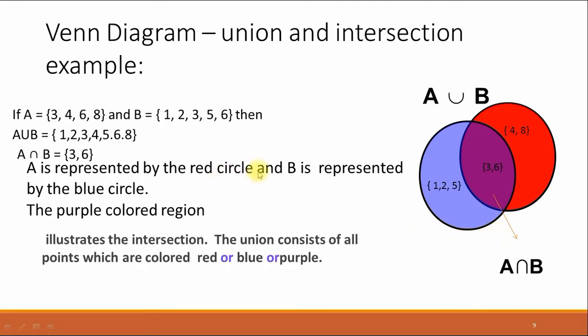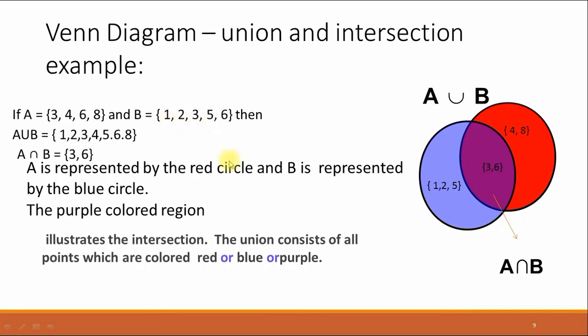Since A contains the elements 3, 4, 6, 8 and B contains the elements 1, 2, 3, 5, 6, and there are two elements common to A and B, 3 and 6, this is the area for the elements 3 and 6, and the other elements of set B are 1,